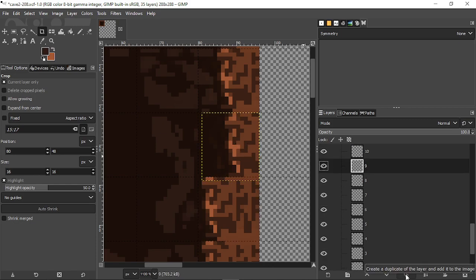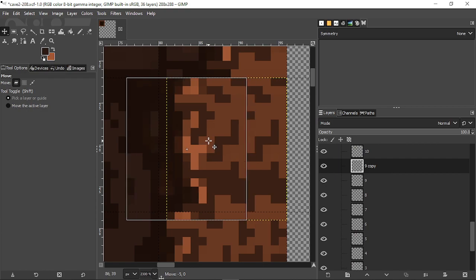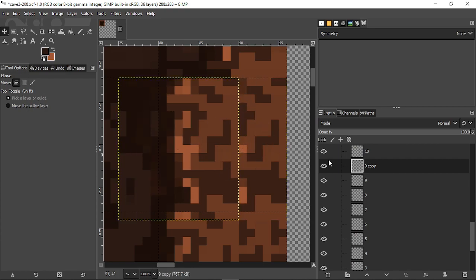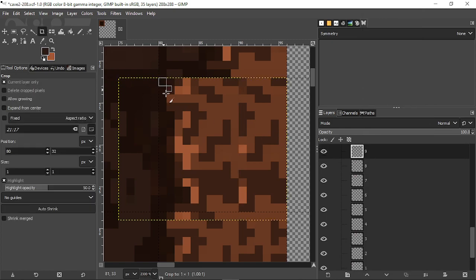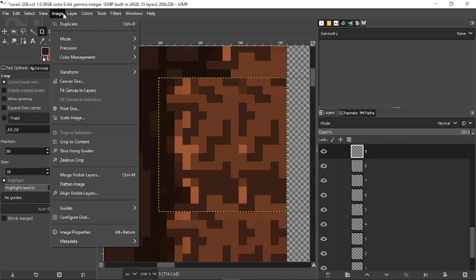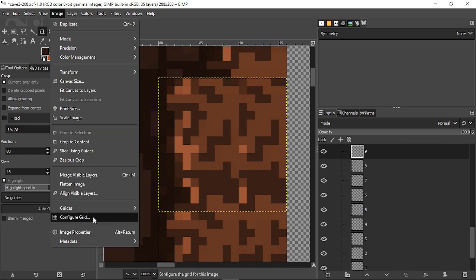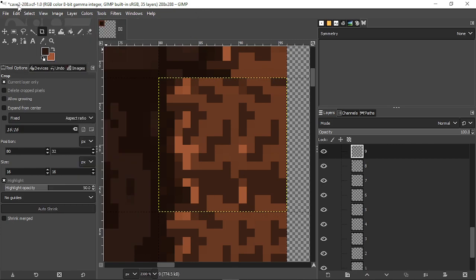Let's just go again, copy that. Then let's try to move this up forward and merge that down. I'm going to crop this. This is a 16 by 16 tile set. If you're wondering how I configured the grid here, see, it's 16 by 16. If you're using GIMP, same as me, you can use configure grid here. And usually when I'm working on GIMP, you can set up the